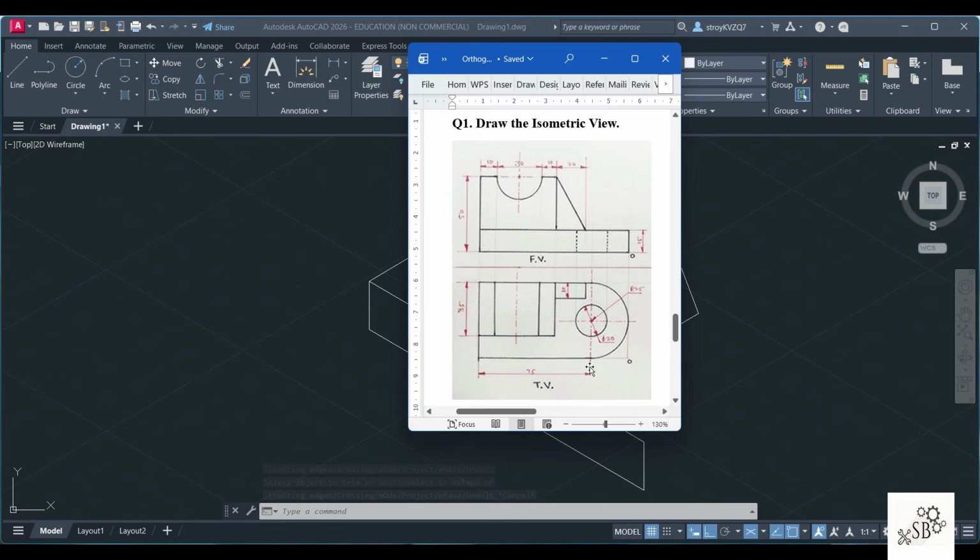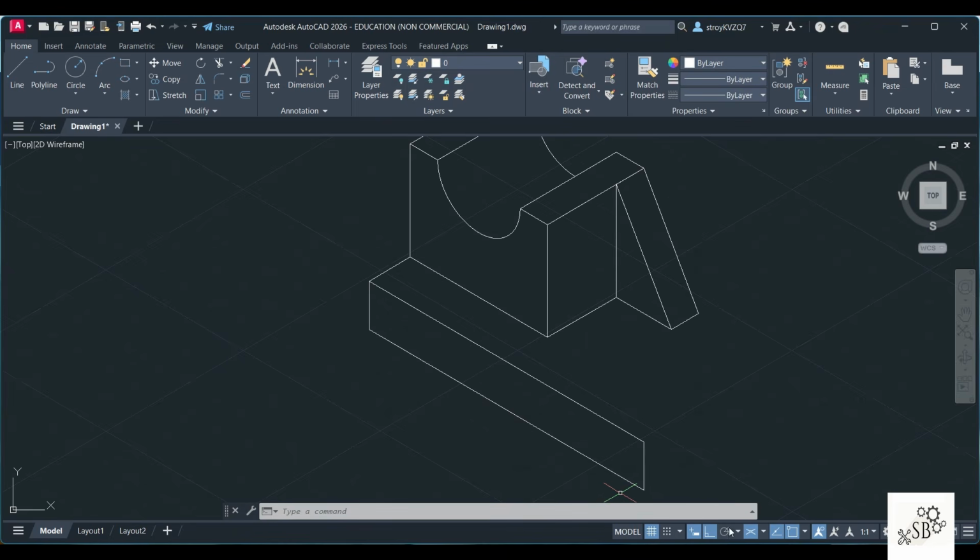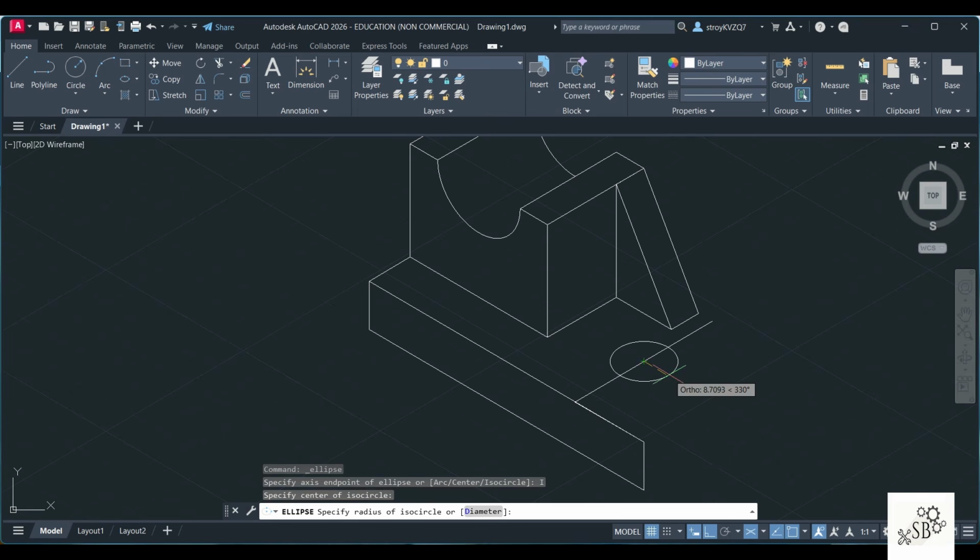So we will have to use this distance of 75 and draw a line over here of 50 so that on that line we will be able to draw a circle of diameter 20 and radius 25. So I will start with line. So now you can go from here and mark 75 or maybe you can start from here and mark 25. In this direction it is 50. Escape, go to axis end, click on iso circle. At the center, you want to draw the circle. So you can see the orientation is correct. You don't have to click on F5.